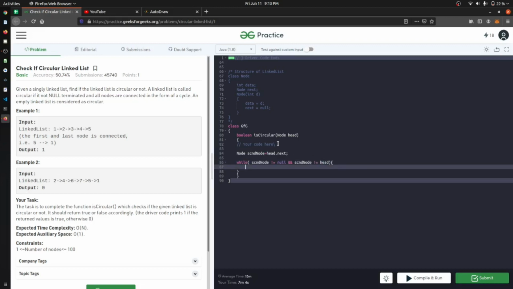If this is the case, second node will move forward: second node is equal to second node dot next. So whether we are in a circular linked list or not, we will break the iteration.